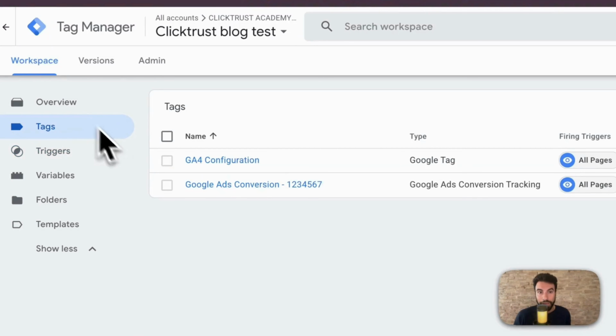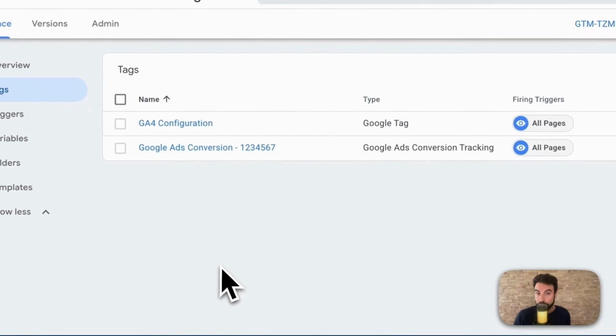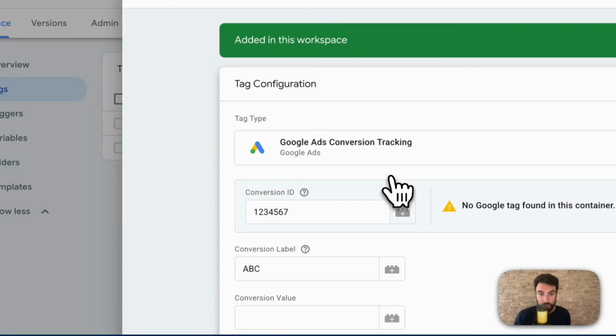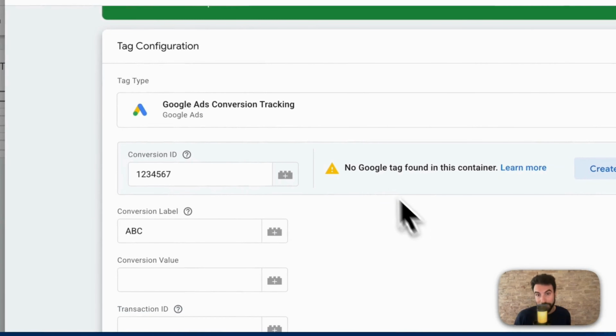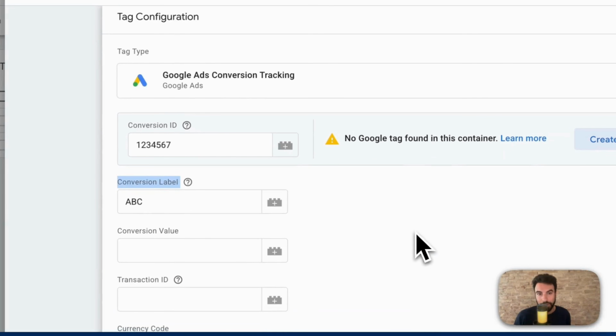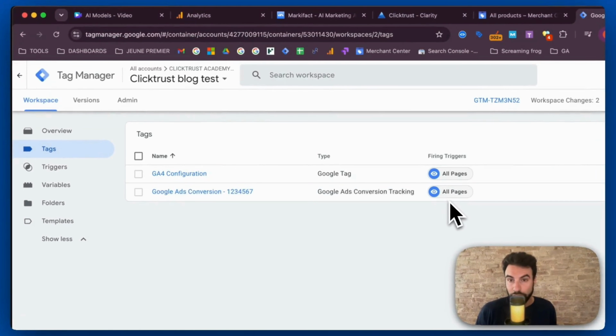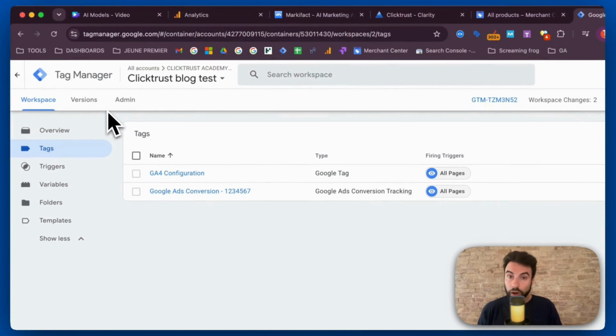And if I go back now, I have the Google Ads conversion tag that I have requested with the conversion ID 1, 2, 3, 4, 5, 6, 7. Google is correctly pointing out that this is wrong, and the conversion label, and it's using the correct all pages firing trigger. But this is just one of the thousands of different operations that you can perform inside of Markifact,